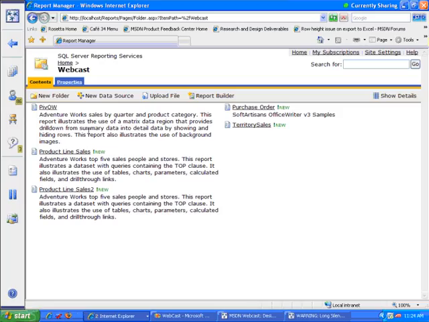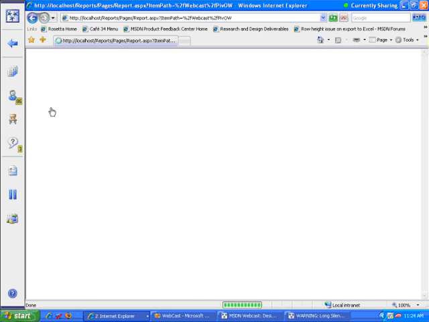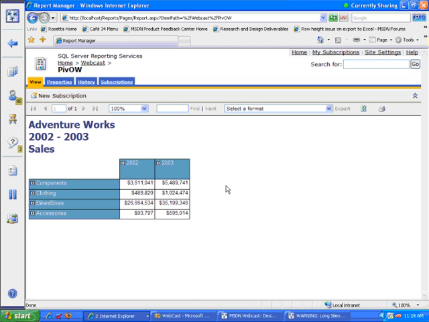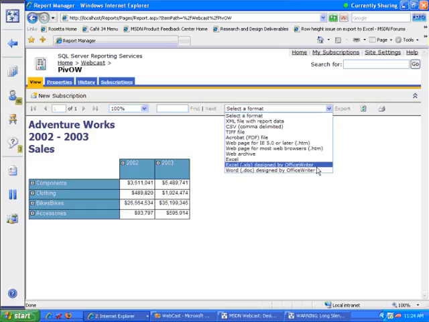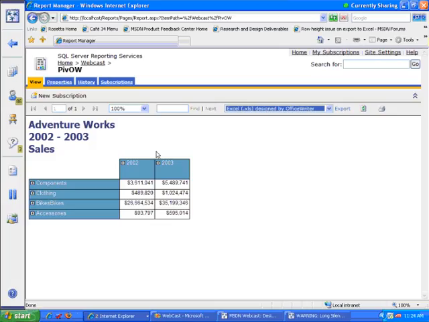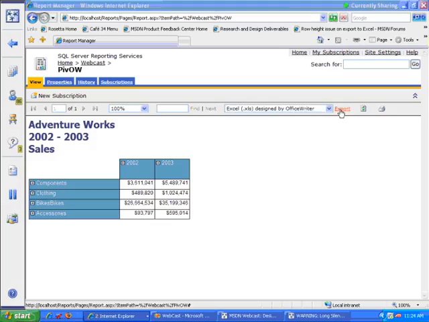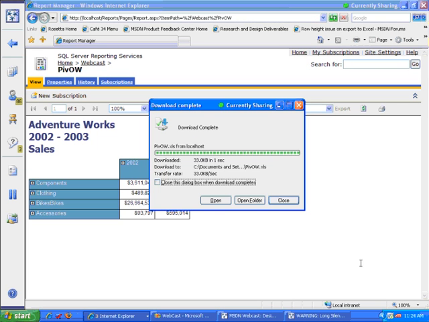Another thing you can do with Office Writer is you can add pivot tables to your existing reports. So, for example, we have this AdventureWorks report here, which is one of the demo reports that comes with Reporting Services out of the box, and it displays data in this matrix here. When I export this to Office Writer, I've designed this report with Office Writer. I've added a template to this report that has a pivot table as well. So when I save this,